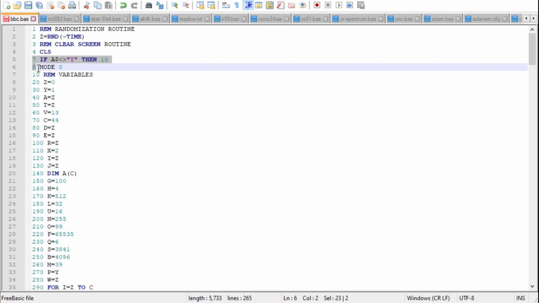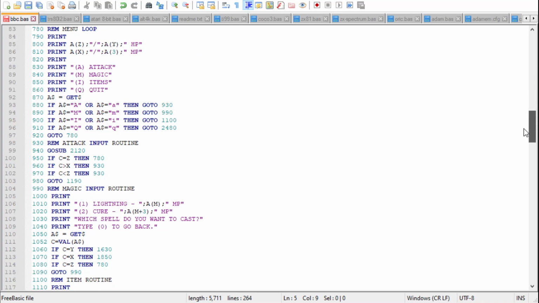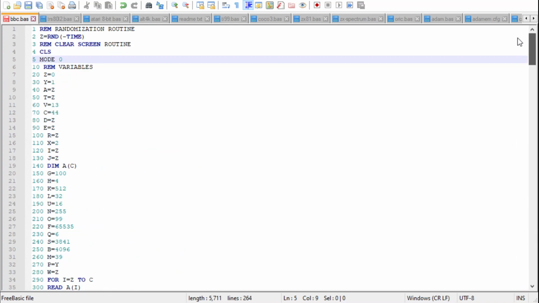And maybe set mode 0. Right. Yeah, just set that to mode 0. And save as